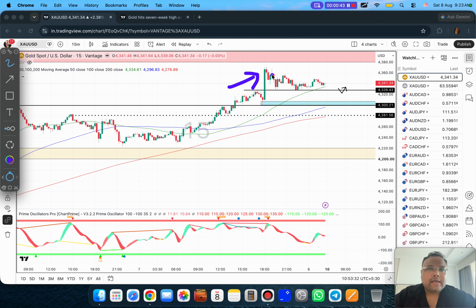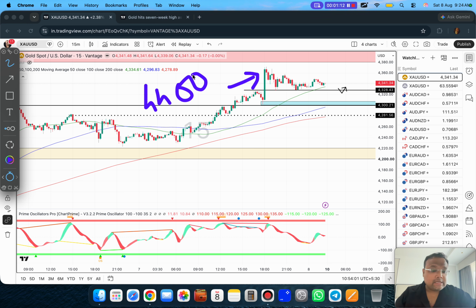If you have been watching my videos, then you must know that 4400 is a very crucial level, and gold closing below 4400 is still not a confirmation that bulls are back in the game again. So next week there is a possibility that we may see the market in a range or sideways. So the market opening is going to be very important.